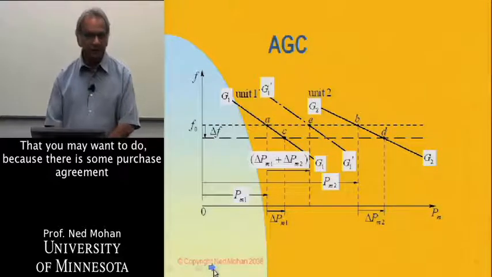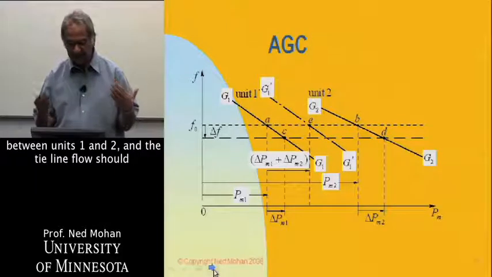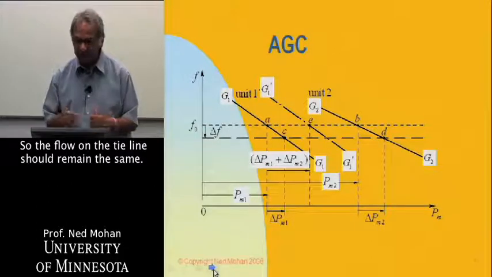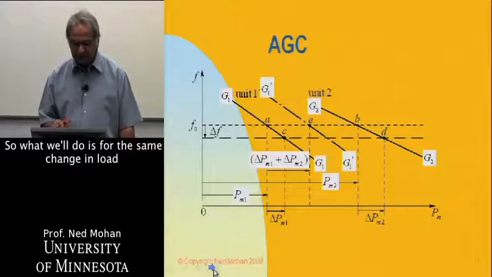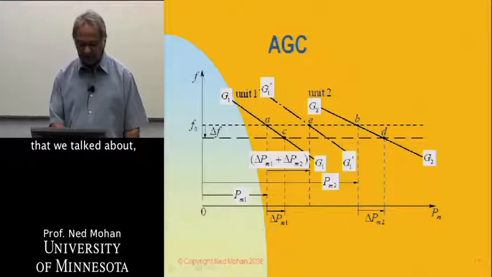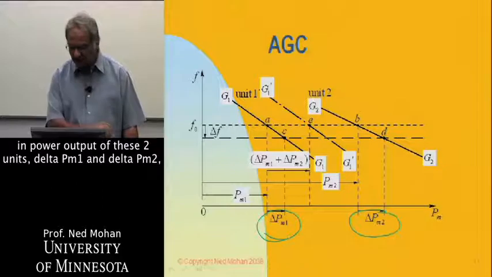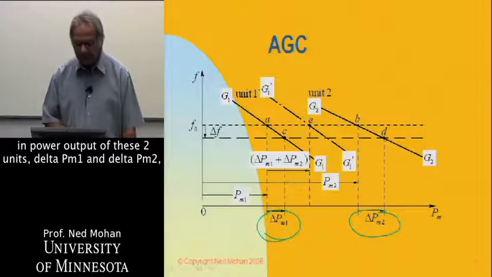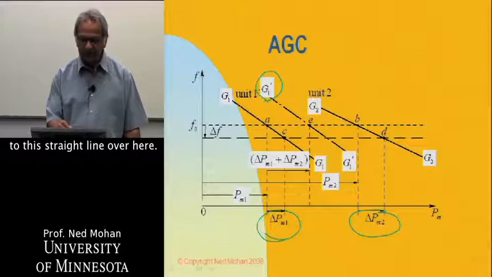Because there may be a purchase agreement between units 1 and 2, the tie line flow should remain unaffected. So unit 2's output, and the flow on the tie line, should remain the same. What we'll do is, for the same change in load that we talked about, where without changing the characteristics the change in power output of these two units was delta PM1 and delta PM2, we'll raise the characteristic of unit 1 to this straight line over here,